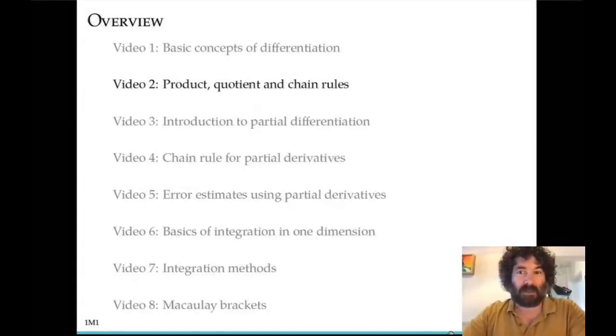Hello, this is the second video on calculus, and in this video we're going to be covering methods of taking derivatives. So this is about differential calculus, and as I mentioned in the previous video, we don't want to use the limit definition of the derivative directly that we covered in the last video. Rather, there's a series of rules that we can use and combine together in order to take derivatives of actually quite complicated functions. And there's essentially three rules, which are called the product, quotient, and chain rule that we're going